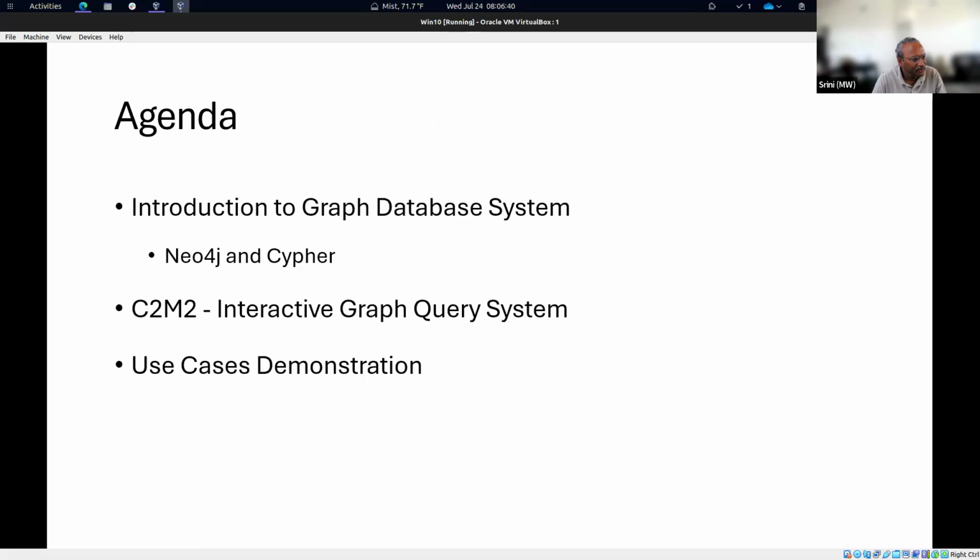So in the next 45 minutes or so, I will briefly walk you through an introduction to the graph database system, especially the Neo4j database and Cypher, the graph query language. The objective here is to provide you with enough background so that you can understand the significance of our choices and also the Cypher syntax so that you can follow some of the use case demonstrations that follow in this